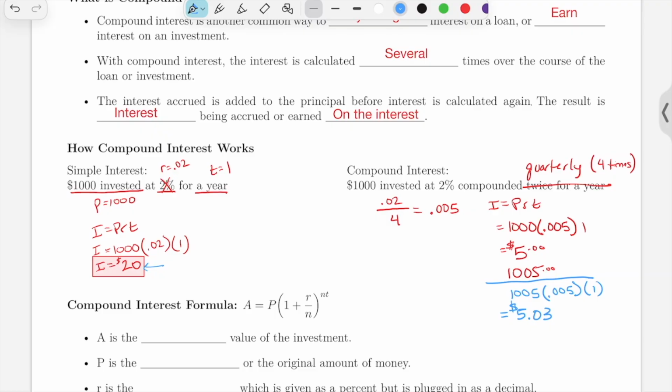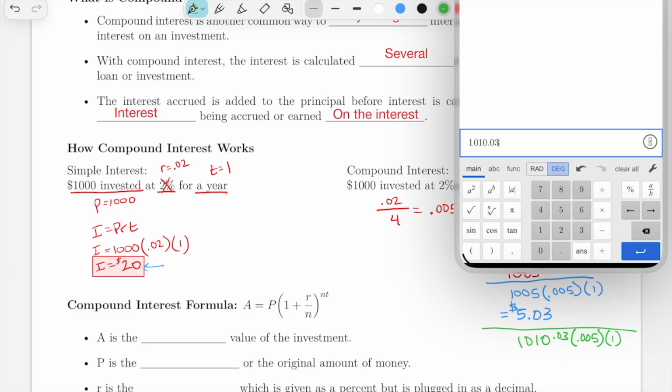Here we get $5.03. It was a little more than $5.02, and then it just rounded up to $5.03. So now the bank is going to put that into your account, and what will happen is your new principal in the account is going to be $1,010.03 because they add that interest in. Let's go ahead and do that again. That's how we get